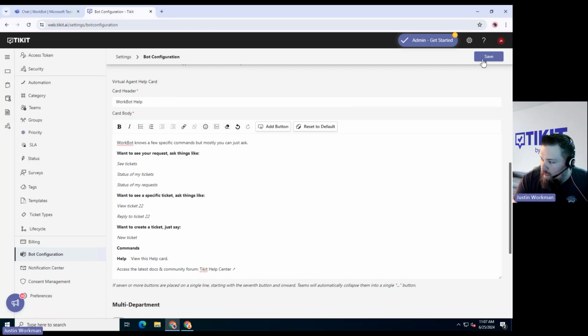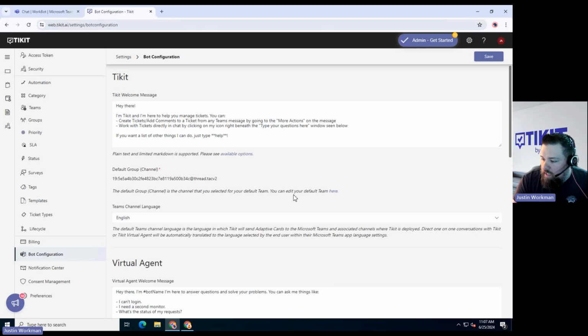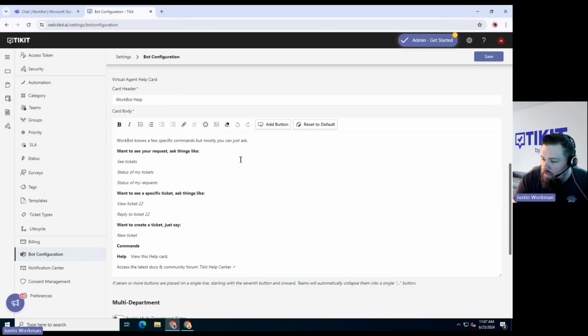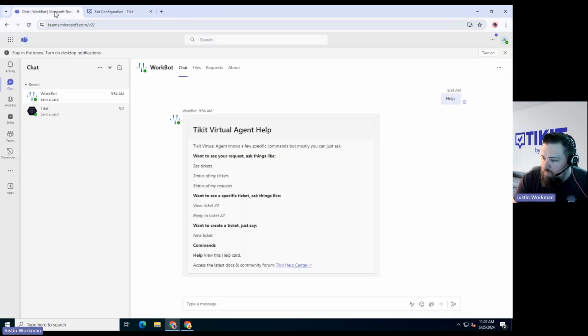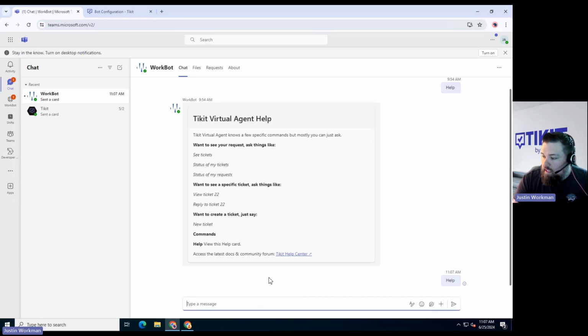I'm going to go ahead and save that, and we should see that change come through immediately. So now it says WorkBot Help. WorkBot knows a few specific commands. So if I say help again, and now this is what I was talking about earlier, if they go to type anything, which you've probably seen, they're going to get help as a suggestion. So if I go ahead and click that and submit it,